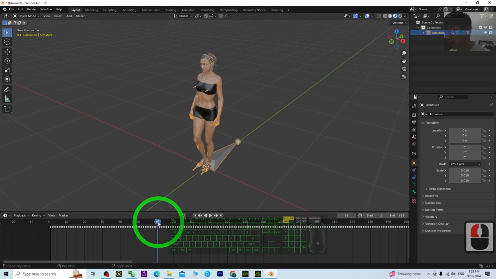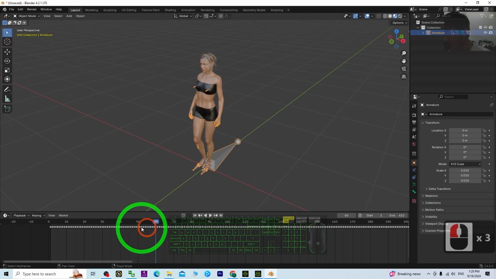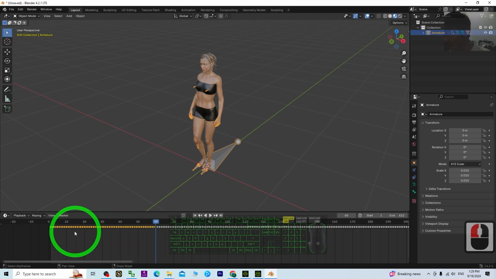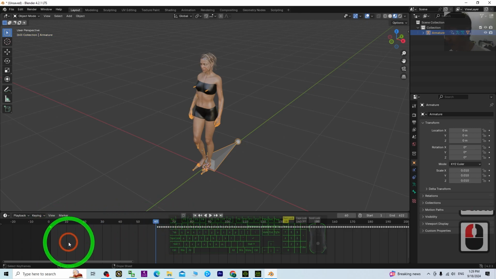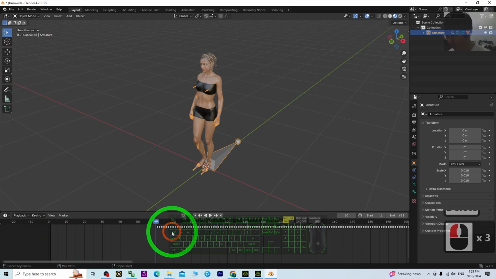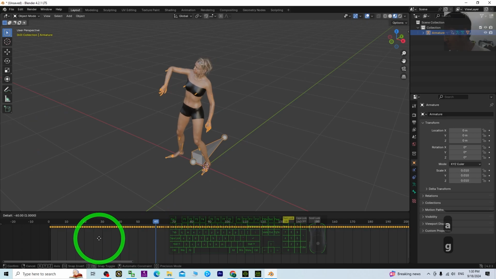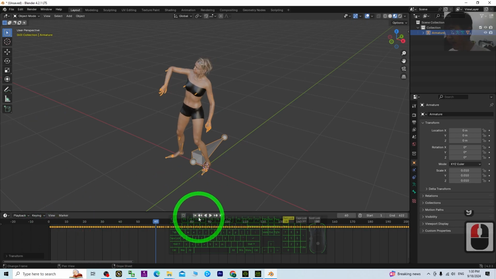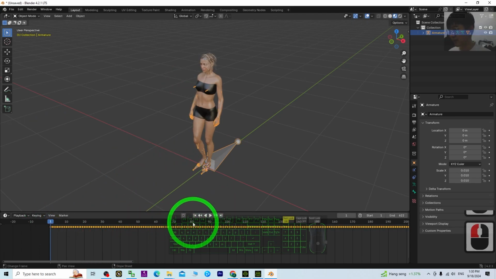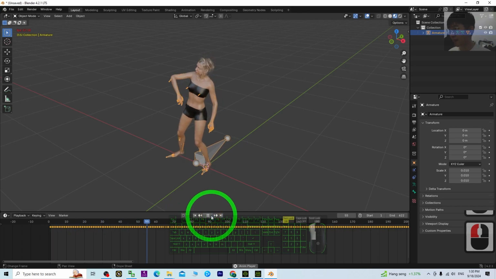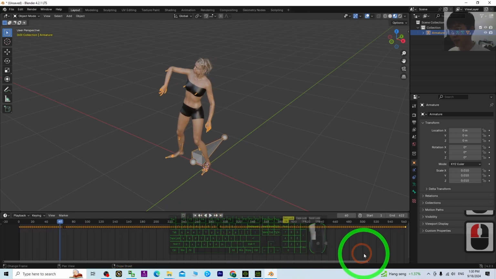Actually, start from frame 61, it is your animation. So for all of this, just select it up to frame 60, delete, first frame also delete it, then the rest press A and press G to move it to first frame. So now, start from the first frame until the last frame